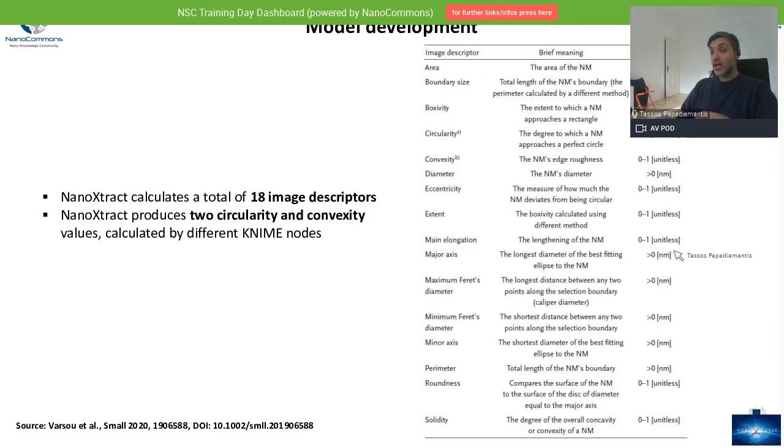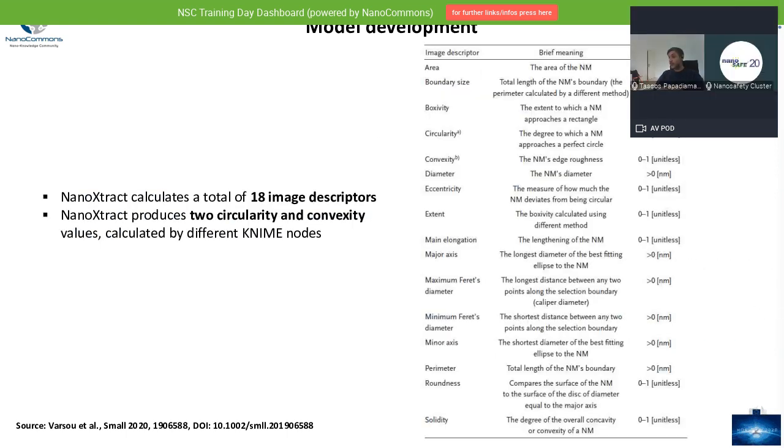So to answer the first part of the question that was posted in the chat so far, as I said, we calculate 18 nanodescriptors.